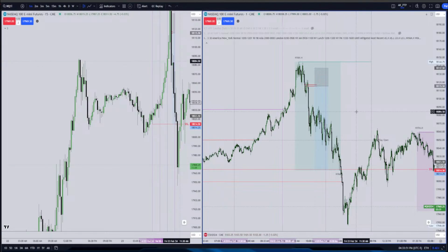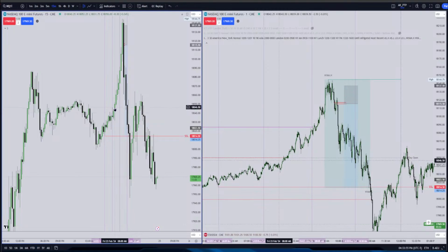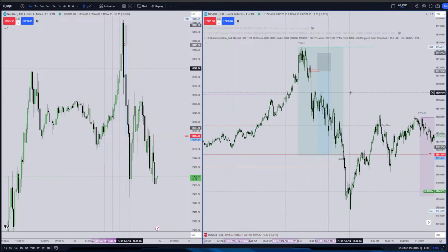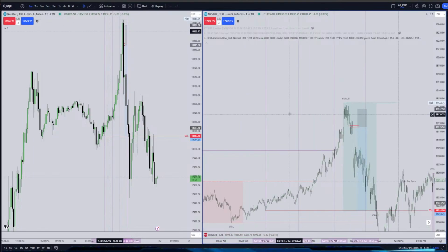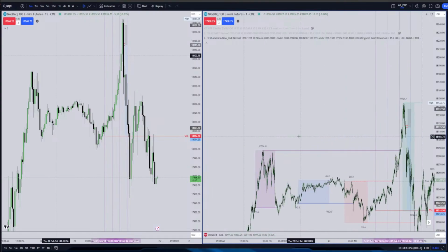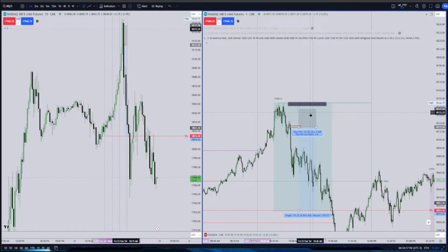or keep it until that much, because there are some 15 minute fair values around these areas as well. So it could have sent price higher from there as well. So you cannot expect that it will go every day like that. But your liquidity and market structure, you should look inside of this window. If it aligns with your bias, like it has taken all the buy side liquidity, a lot of things,